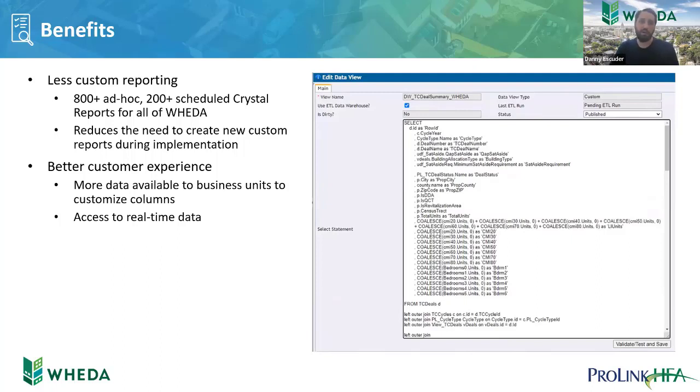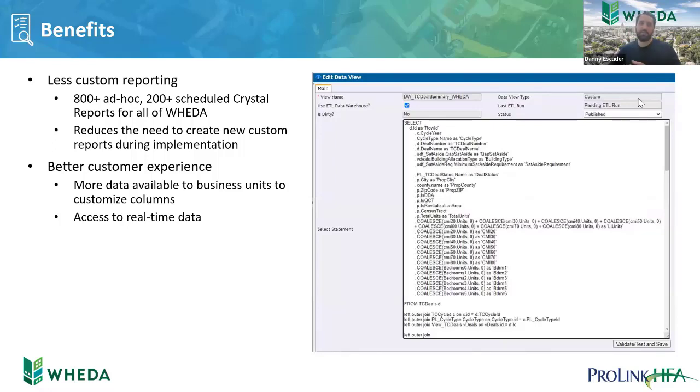Obviously, if it's a report with data needs across multiple systems, then that's maybe where a custom reporting tool can be more powerful. So we do believe that this change will allow us to create custom data views where otherwise we would have had to do something that takes more time to create and also to maintain. But beyond that too, I think